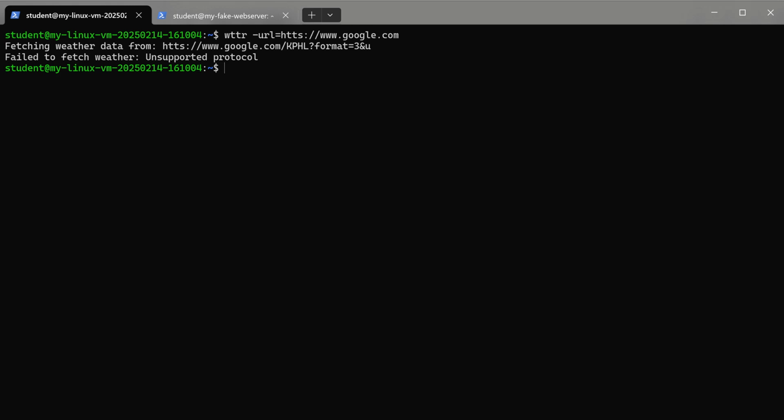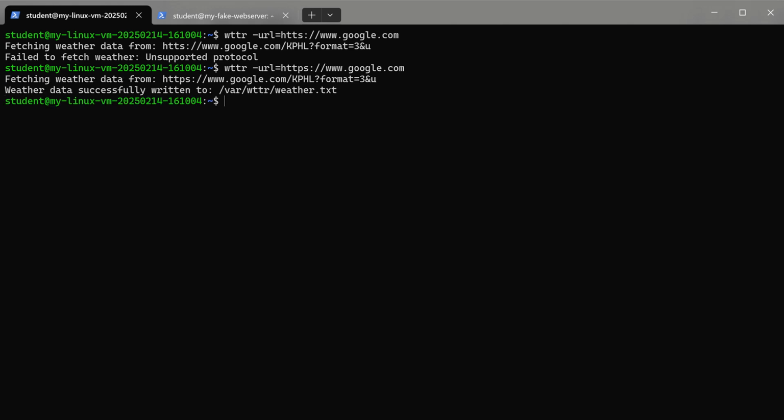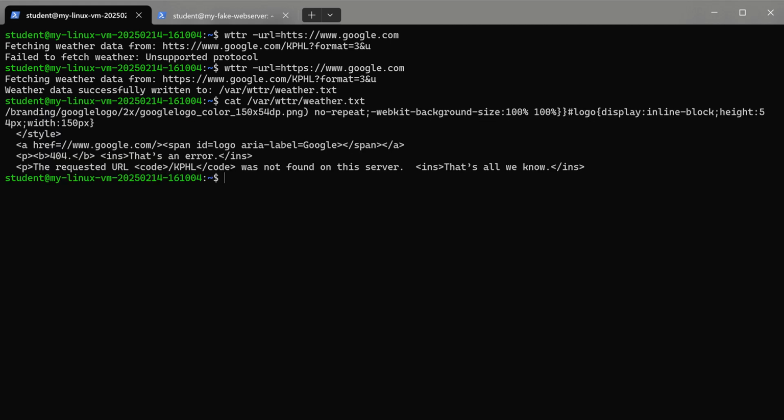Let's see. I forgot the P on HTTPS. There we go. So now it fetched the weather, but really it went to google.com. Let's see what it actually put in there. If we cat var wttr weather.txt, you can see here Google is confused. It says, I don't know what you're looking for. Why is Google confused? Well, if you look at the